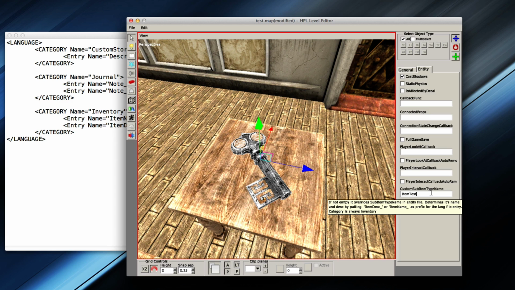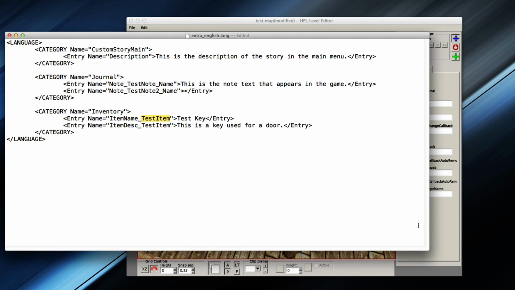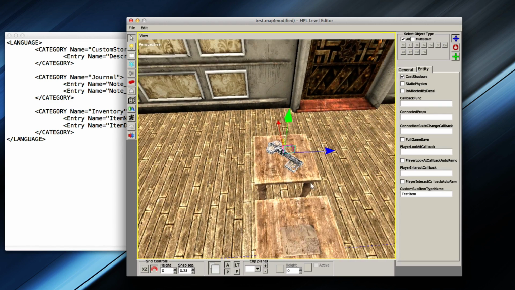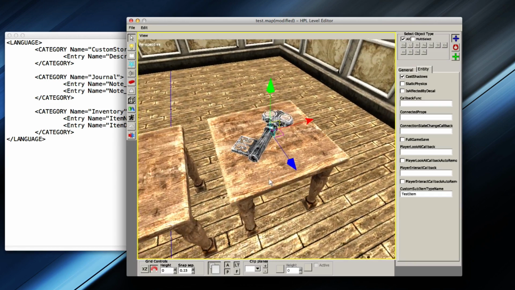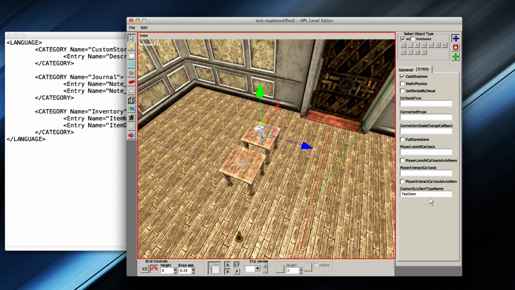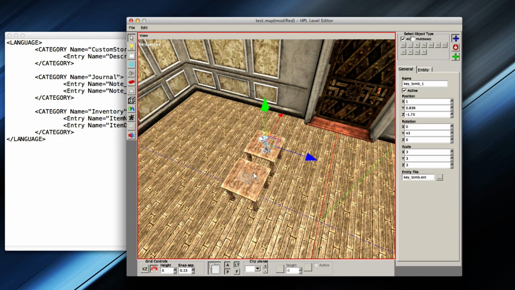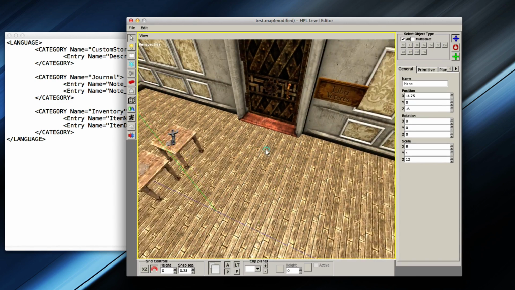Item test. And again, I did the same thing. I did test item. There we go. I'm just more used to actually defining the object before the name. But anyways, just make sure that it is actually the exact same in both of these. So that should make the key and the note work.